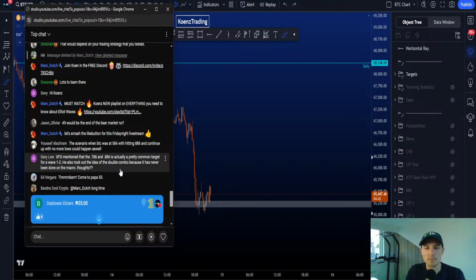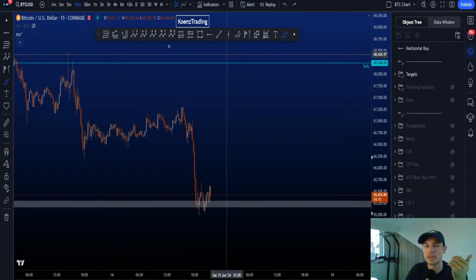I don't know how many 886s we have tracked so far, but the probabilities after an 886 touch are much higher to then eventually take the low or the high that the 886 was pulled from, compared to it being a wave 2 and then a 3 up. The probabilities are highly in favor of that to happen compared to it being a wave 2. So that is why if a wave 2 hits the 886, which we don't yet know at that moment in time,